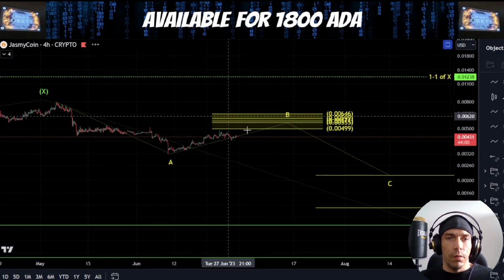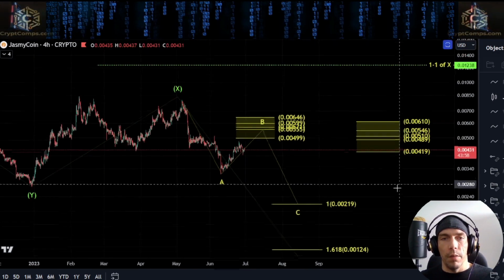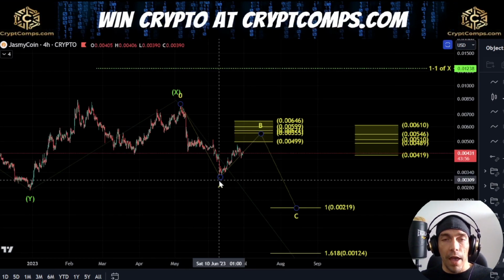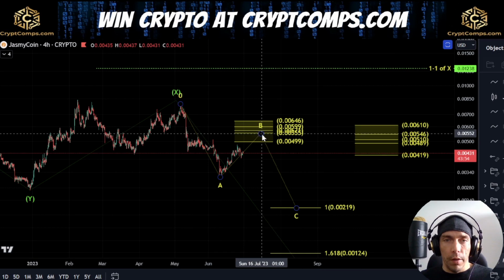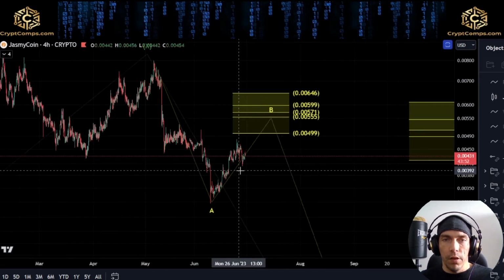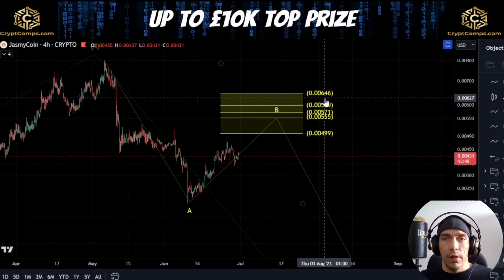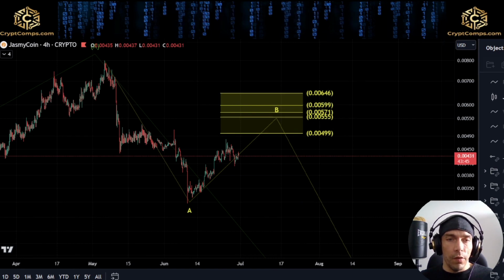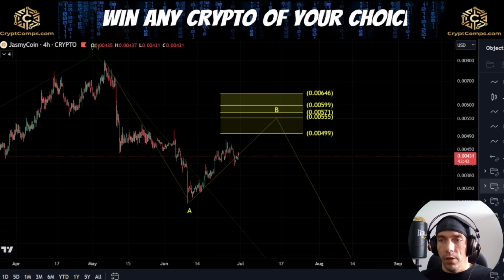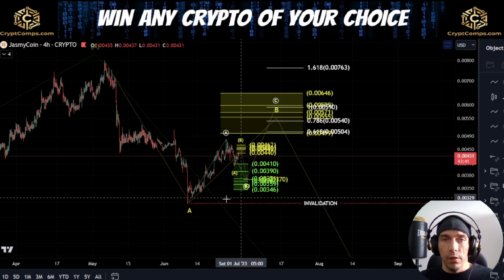So within this count, what I'm looking for here is that potentially we could be looking at this as an A wave here, looking for a B wave here, where we'd be looking to actually potentially push back up towards this 0499 area to this 646 region. So if we see something in this area where we actually get something more along these lines, where we look